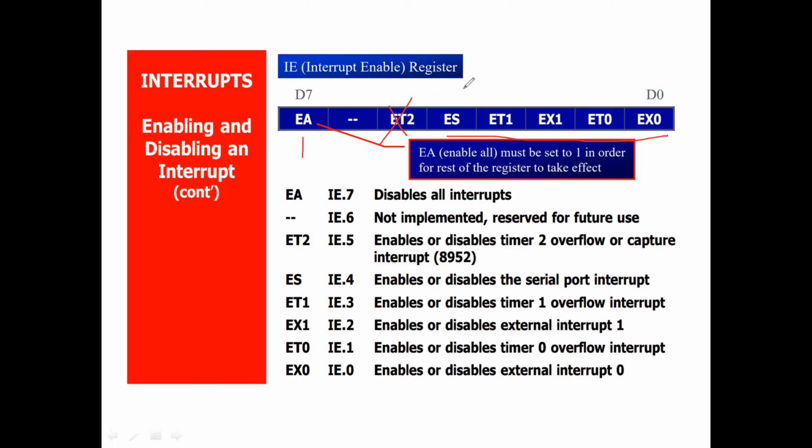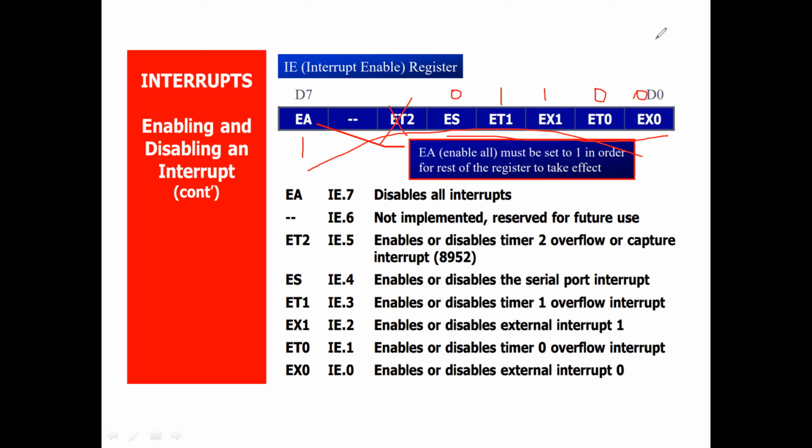If I place 1, all the interrupts are enabled. Here I can also enable or disable separately. For example, I want to disable serial communication, enable timer 1, and enable external interrupt 1. I can disable timer 0 and disable external 0 by placing this value. If you place this value, the corresponding interrupts will be enabled and some of the interrupts will be disabled.